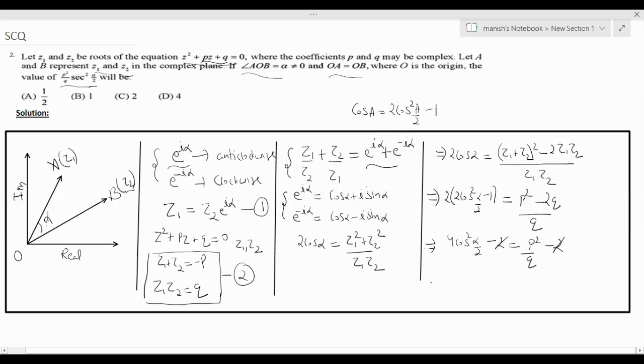See very carefully, you have the P square by Q term. This is what you want. You observe the term that you are interested in, P square by Q, and you want secant square alpha by 2. Actually, you have got them. Cos square alpha by 2, if you send it to the right hand side, you will get P square by Q, and this cos square alpha by 2 is going to get converted into secant square alpha by 2. So here we have the term 4, which should be our answer. So the answer of this problem has to be option D.